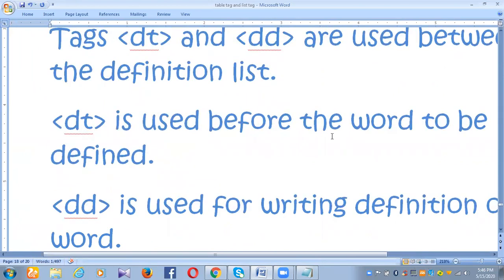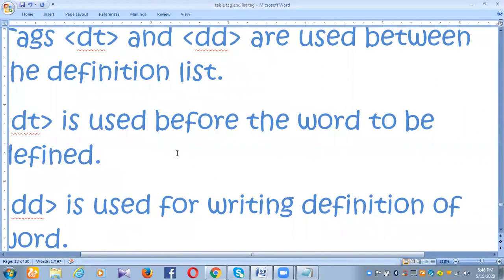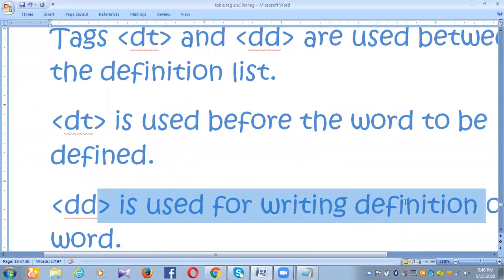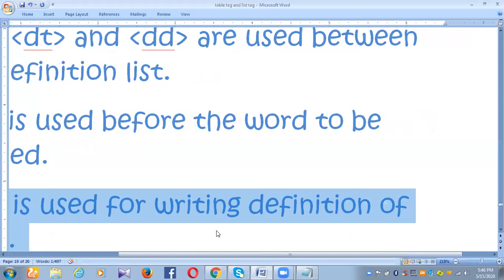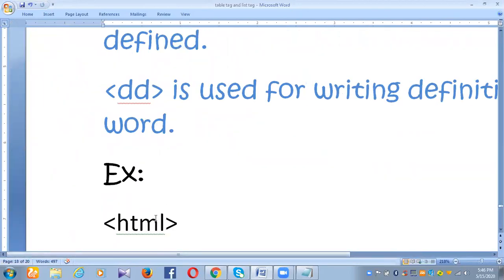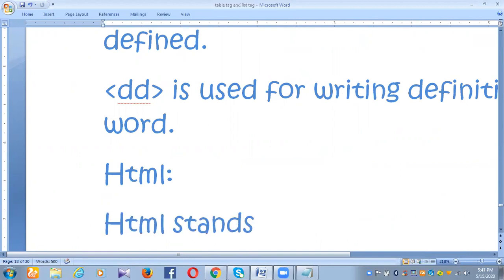DT is used before the word to be defined, and DD is used for writing the definition of the word. As told, you will be writing HTML here, and under that you will write HTML stands for